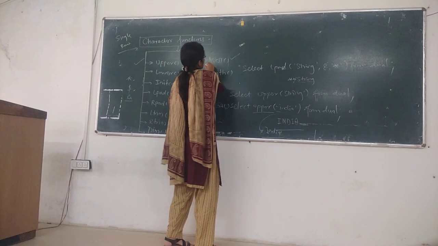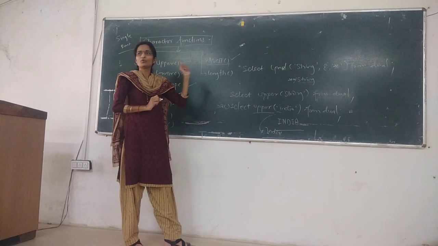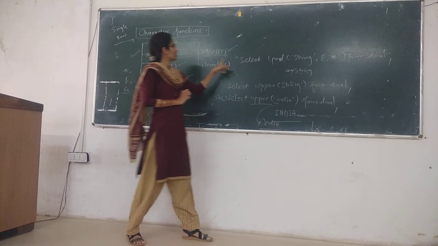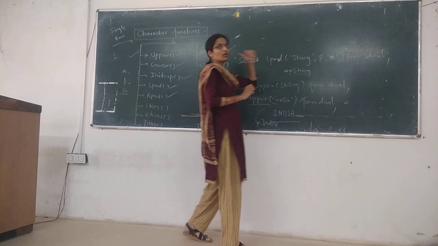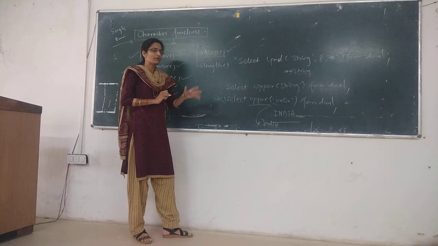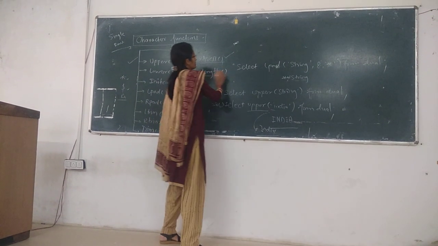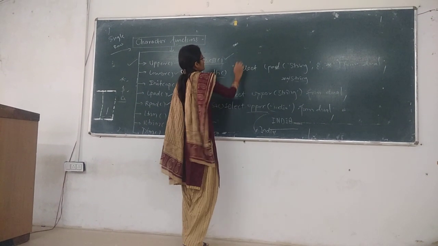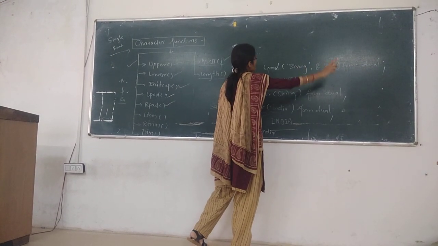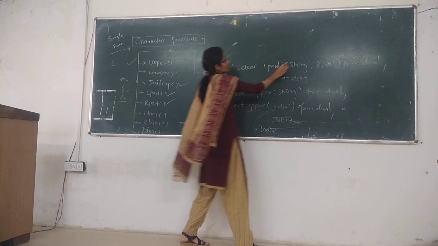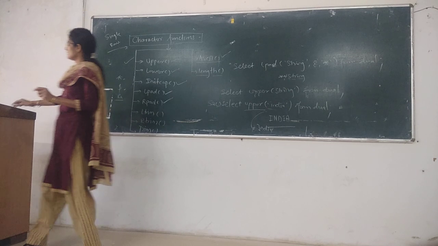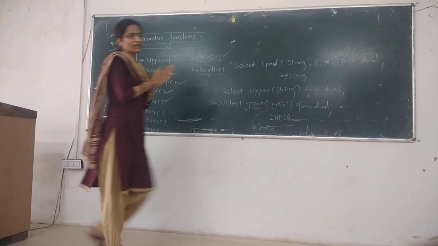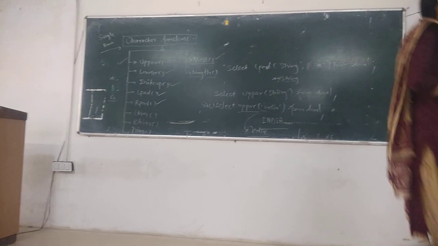Then ASCII, this function is used to display the ASCII values of a particular character. Suppose you are using select ASCII in bracket single quotation small a from dual. The ASCII value of small a will be displayed. Next one is the length. This function is used to display the length. Select length in bracket string from dual. So it will display the value of string, 1, 2, 3, 4, 5, 6. The number of characters that the string has, that is the length, is displayed. Did you understand? Now we will see all these functions one by one.